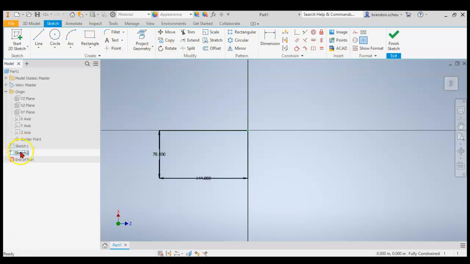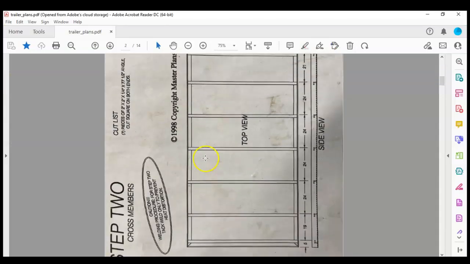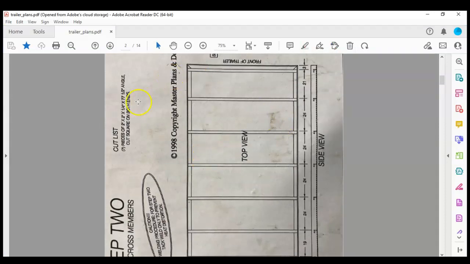Now I'm on sketch 2, but I want to reference my sketch from sketch 1. So I'm going to go to Project Geometry. I'm going to select my 4 sides, and then looking at my drawings, I have